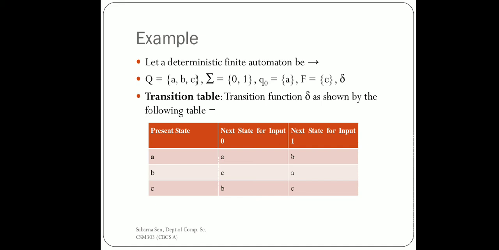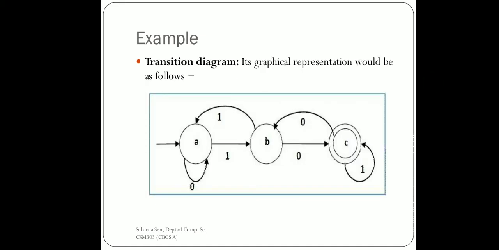So here, on getting 0 at A, it will remain at A only. On getting 1 at A, it will move to B, and similarly for B and C, it is also marked in the table. So let us draw the transition diagram corresponding to this transition table. It will be somewhat like this. You can see here, since it is a diagram, we have to encircle all the states, right? So it is the way to depict the state.